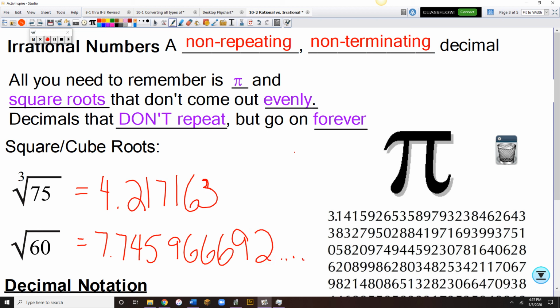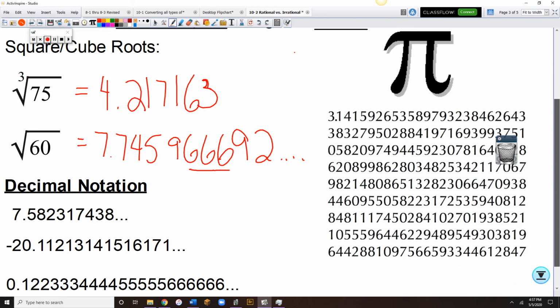I wrote out more place values because of something I want you to see. Some students see a digit repeat itself and say, oh, but there's repeating there. Yes, but that's a coincidence that those 3 numbers happen to follow one another, and the rest of the decimal doesn't do that. So don't look at something like that and think, oh, it's repeating. It's not. Okay, then we'll try to trick you